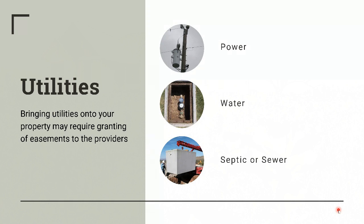So starting with utilities. Interestingly, in build on your lot, in almost all cases, there's nothing ever been on the property before. No house, no structure, no nothing. So in a lot of cases, there's never been power, there's never been water, there's no way to get rid of the wastewater, so there's no septic or sewer system. So all that has to be figured out. And in most cases,